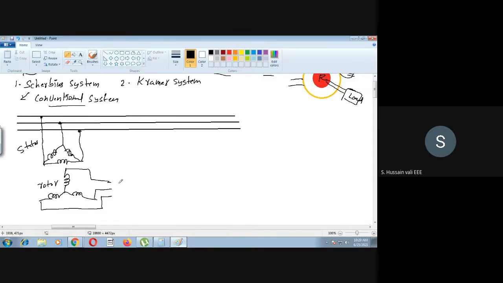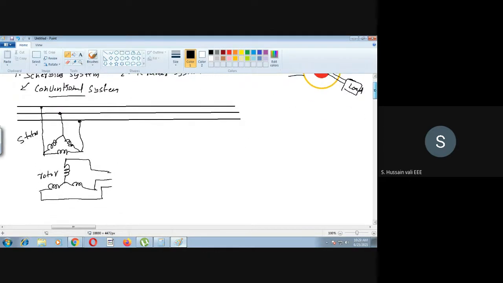Is it audible? Yes, sir. Okay, the rotor power. Now we are discussing the recovery of the slip power. So we will not worry about whether we connect the load or not. The mechanical load part I'm not going to draw. I will draw only the rotor side part, that is the electrical circuit. So this rotor is connected to one converter. That converter you call a rotary converter.